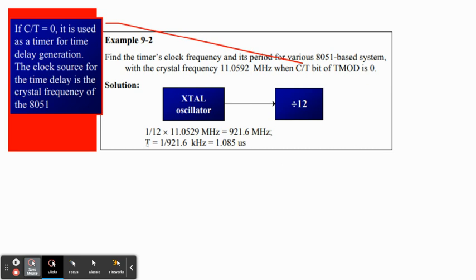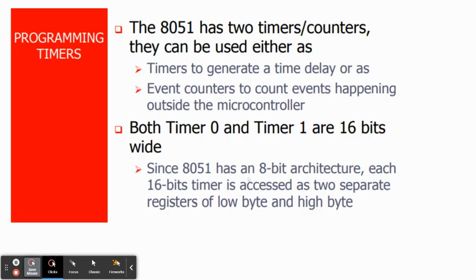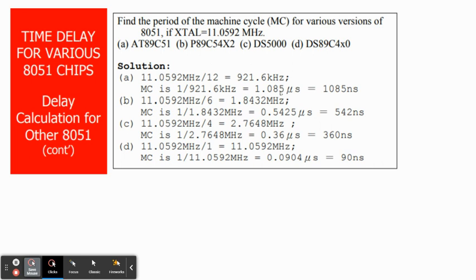And then to get the period, we just divide by the frequency that we calculated and we will get 1.085. Now considering that this is 1.085,